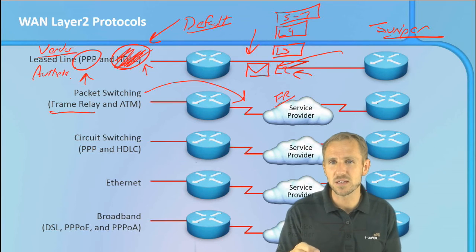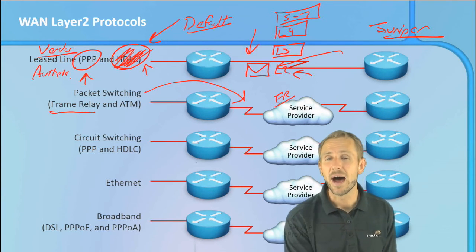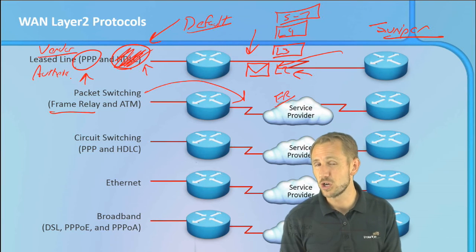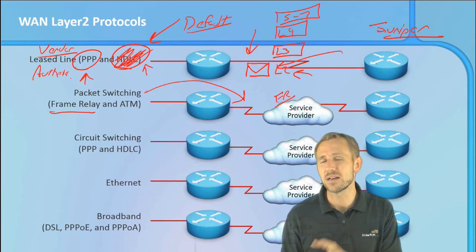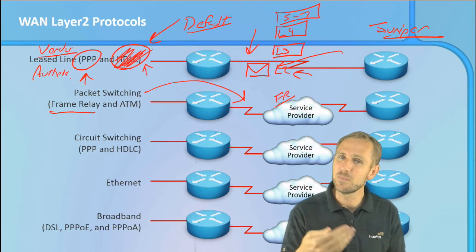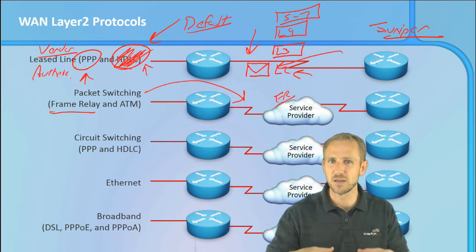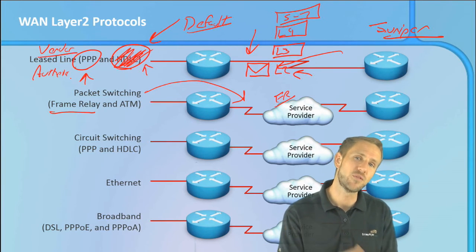We can use this. There's PPP over DSL. There's PPP over cable. As you start to learn more about security, if you ever get into 802.1x, it uses EAP, Extensible Authentication Protocol, and EAP uses PPP. It's basically PPP reborn. It's better and more powerful, but it was derived from PPP.